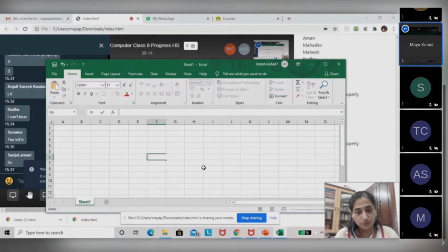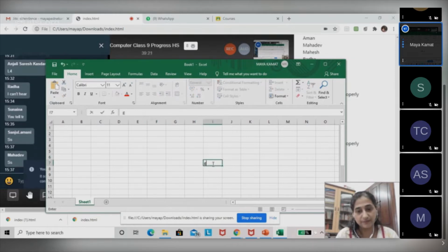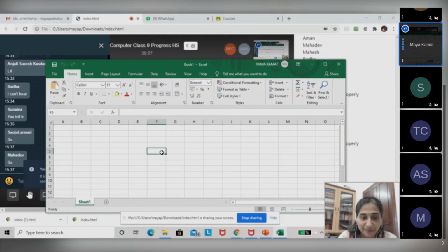Clear? If you want to type somewhere else in some other cell, you have to click over there and start typing there. Fine? Understood why it is called an active cell? The cell in which you have clicked, only that cell is an active cell. Only there you can type, not in the remaining cells. Am I clear with what is an active cell? Yes, teacher.